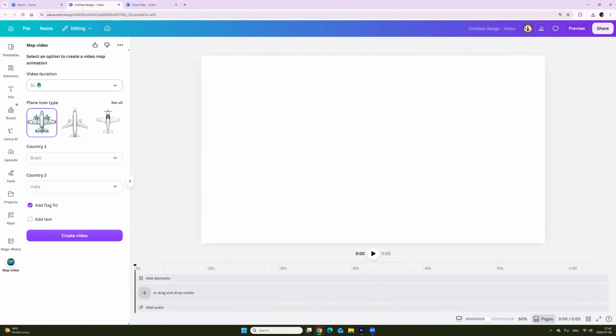Now we can select video duration. For example, I'm choosing 10 seconds. Next, we can choose plain icon type. I'm choosing this one. Now we can select country. I'm choosing